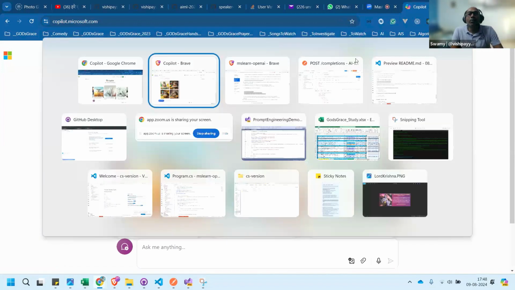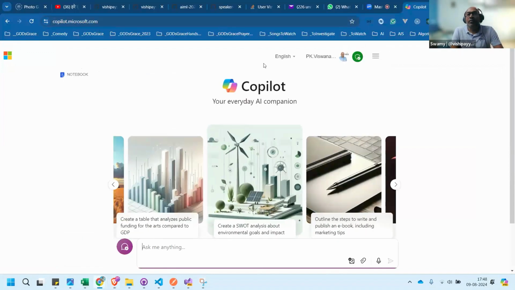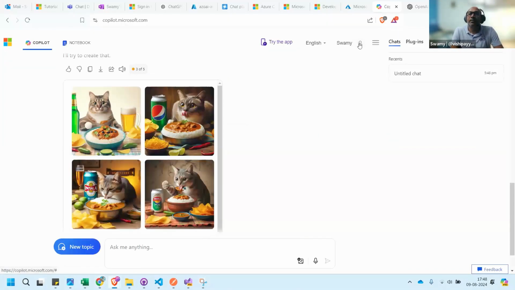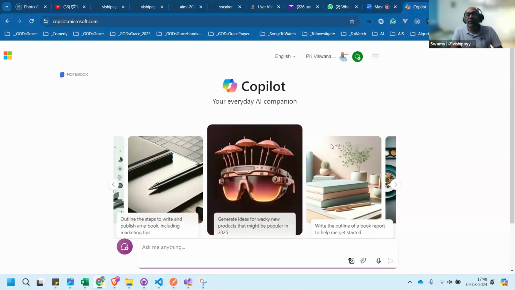So when you use copilot.microsoft.com with your personal Hotmail or Outlook accounts, you will not see the data protection symbol. So you need to be a little careful. This does not mean that you can put anything and everything here, but still, the communication which you do with this is a little bit protected. Like I'm asking, who is God?